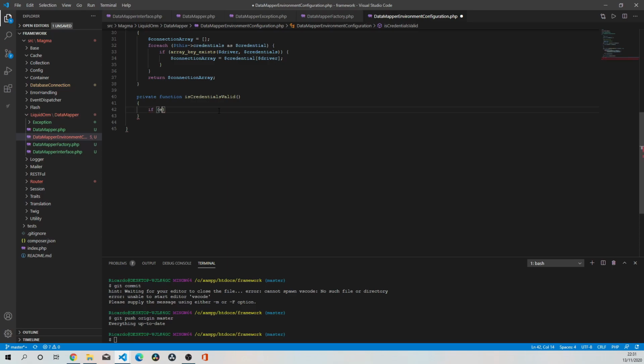So I'm going to say if empty driver, so I need to specify the driver name, and this is going to be a string. It's going to be driver. So if empty driver and it's not a string, then I'm going to actually throw DataMapper invalid argument exception,